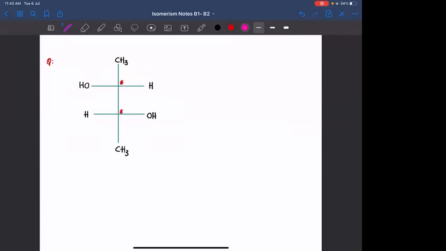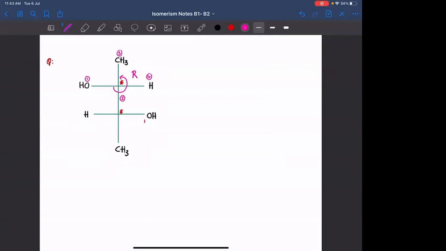Here the OH is the first priority, and here the carbon which is attached to oxygen will become the second priority. This carbon is attached to hydrogens, so this entire part will become the second priority. Agreed? So you can write something like this. This is second priority, this is third, this is fourth. So you are rotating 1, 2, 3. You are rotating it in anti-clockwise sense, but the lowest priority is present on the horizontal line. So we have to write the opposite. S has come, so you will be calling this R. Any doubt?